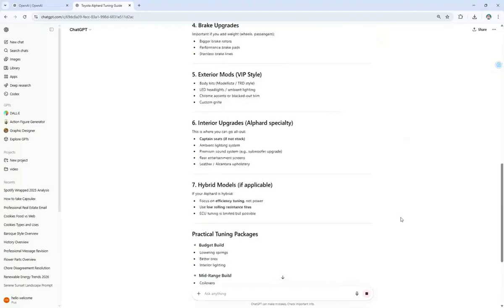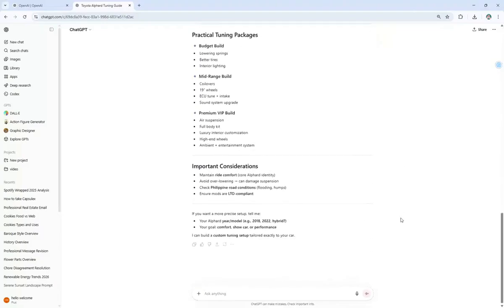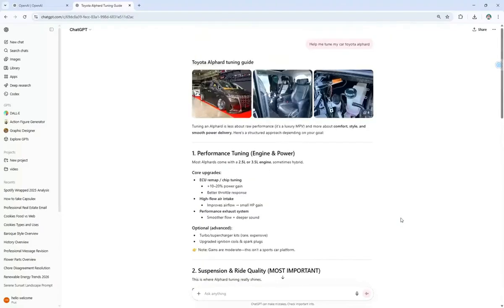It's important to note that while ChatGPT provides a wealth of information, always double-check any mechanical work you plan to